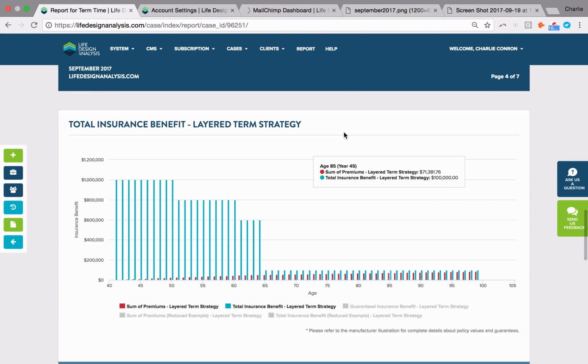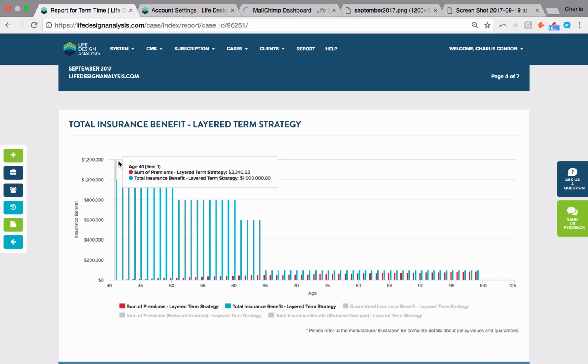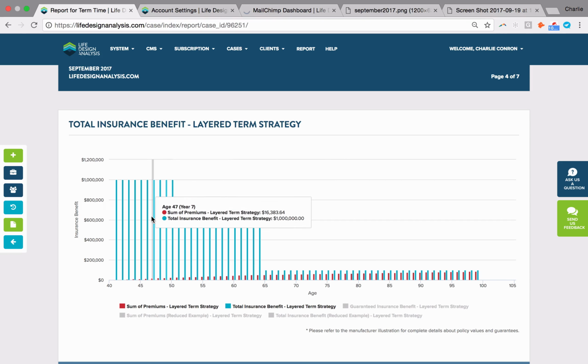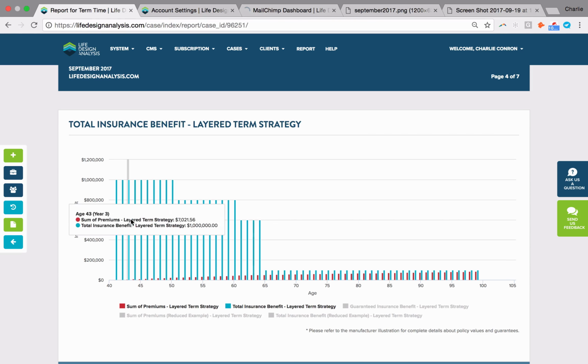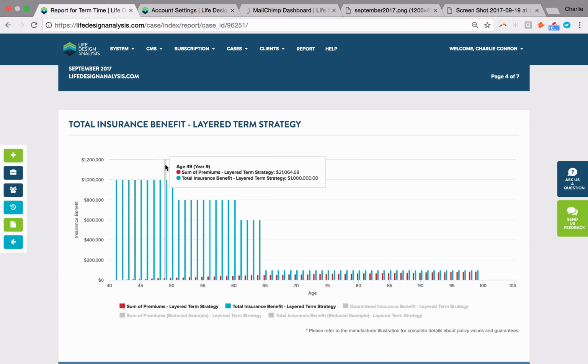But this is really the chart that I'm looking for. And again, it really just shows how much coverage we can have in the short term. So you can see we have a full $1 million of coverage, but look at the red. Look how little we're paying for $1 million of coverage over these critical ages. So again, if we're dealing with a client who's 40, this is generally when people are starting to get protected for kids. They have houses, they have definitely a lot of human capital because they have a lot of years ahead of them, but cash flow is certainly a criteria.